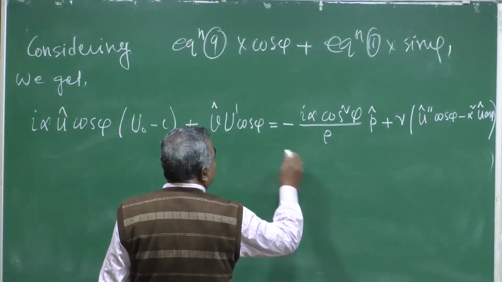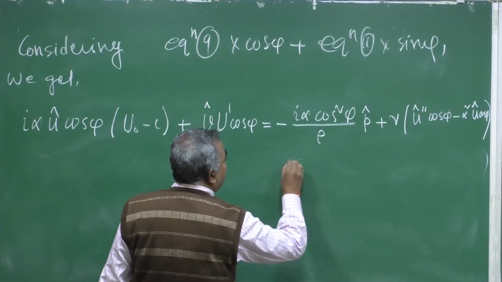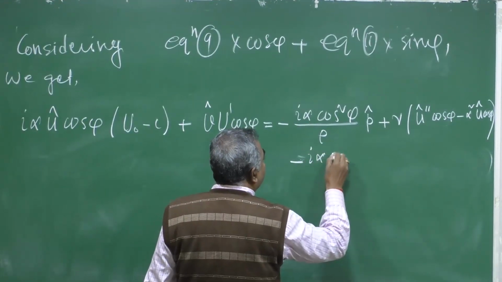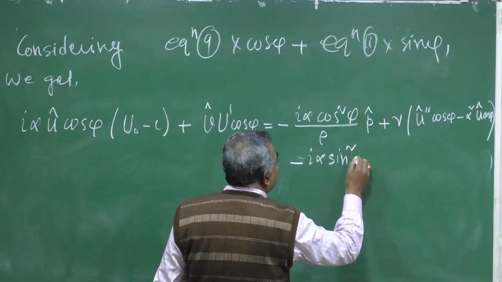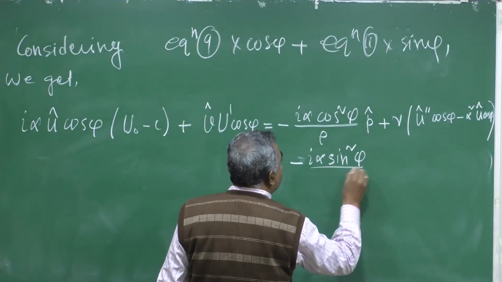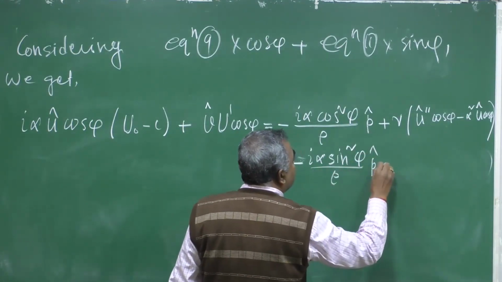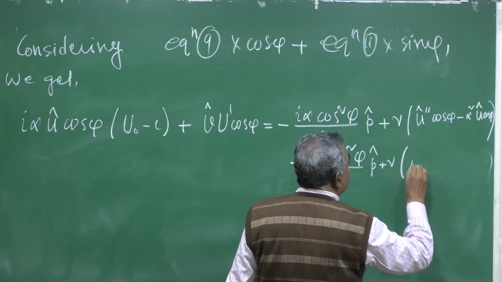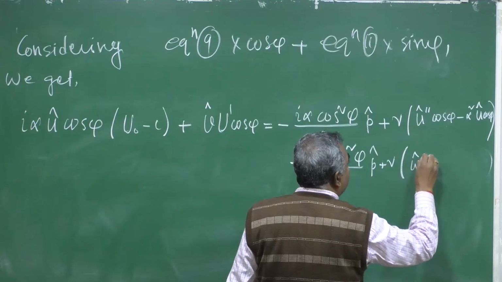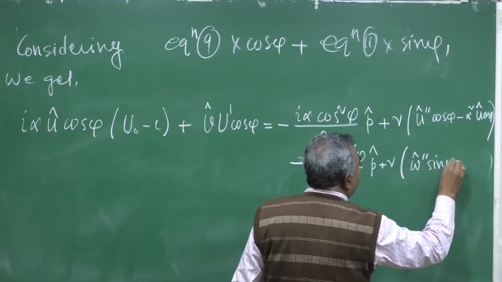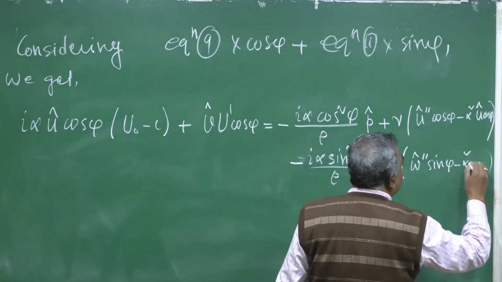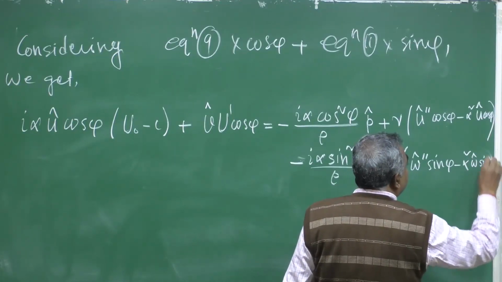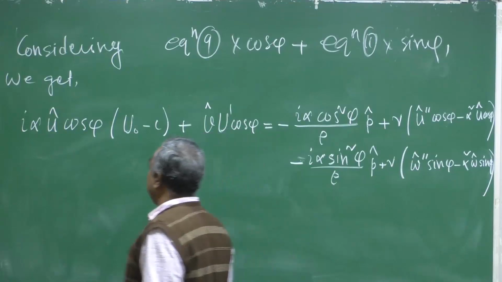So, plus the z component will come, that is your I alpha sin square phi by rho p hat plus nu, your this is w hat double prime sin phi minus alpha square w hat sin phi, okay, and this side